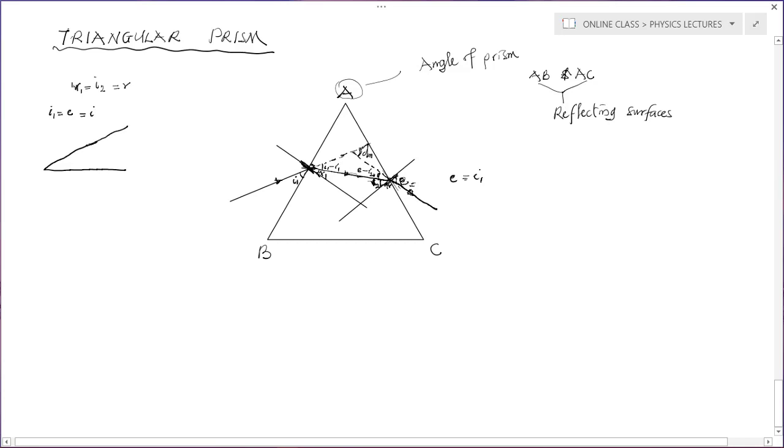We have it like this and like this. Here is I1 minus R1. Here is E minus I2,